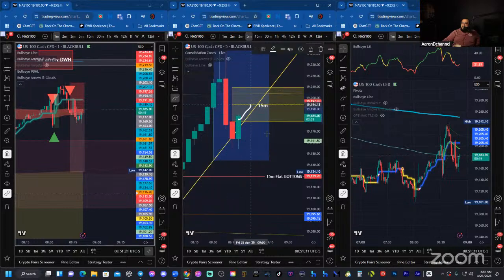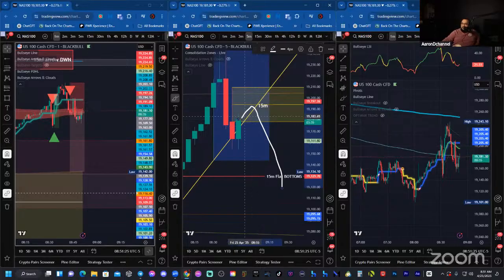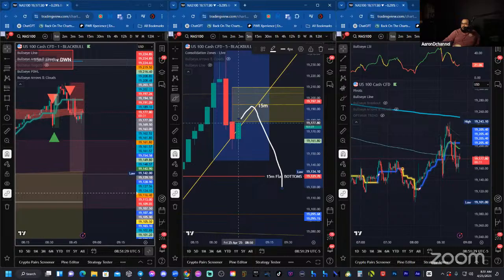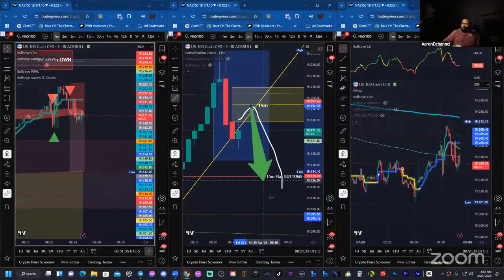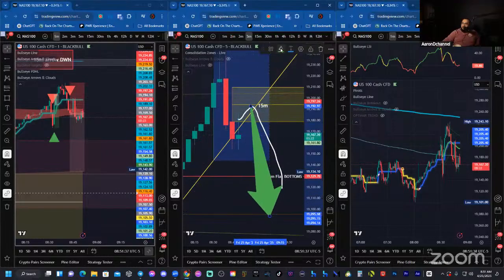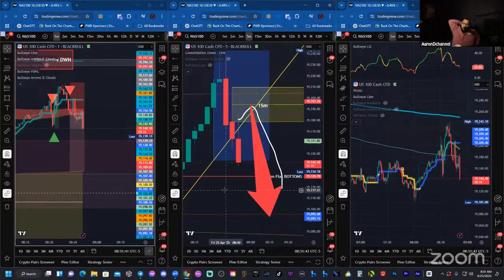Up here and then boom. We'll see what happens. Follow my line. That's all you got to do, little price. Follow the line, because sometimes price needs help. You got to put it on your chart. So if you want to go down, here's the trick. Come over here to this beautiful arrow and just put a big old arrow right there. That's all you got to do. Whoa, there it is.